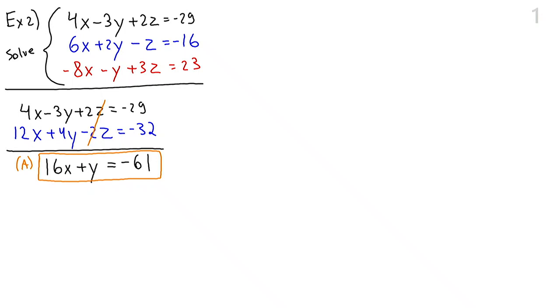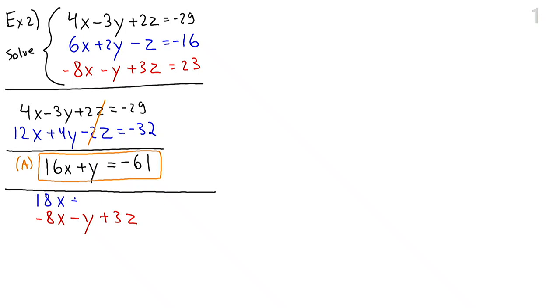So now I'm going to choose the second and third equation. I can choose the first and the third, but I cannot choose the first and the second because I already did the first and the second. I want to eliminate the z variable from the second and third equation. So I'm going to write the third equation and leave that as is, and I'm going to multiply the second equation by 3. And I'm going to get